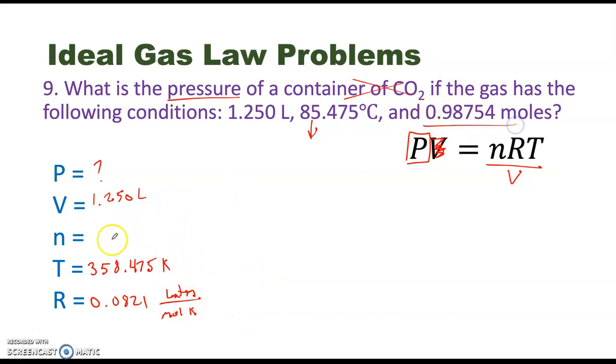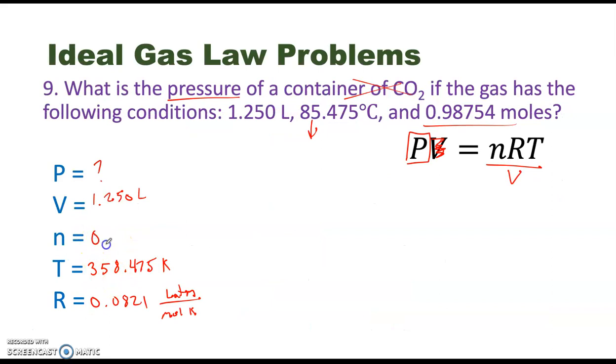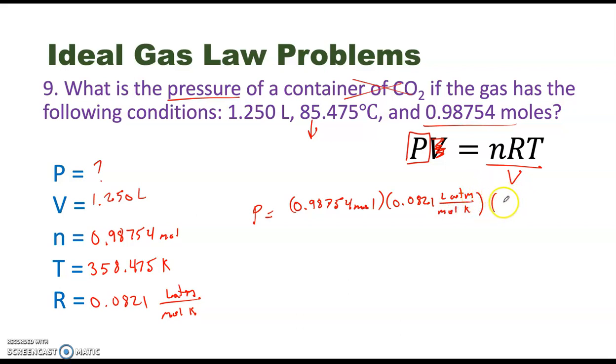Where's our moles? Okay, so here's our moles. Whoa, what just happened? I pushed a button. Okay. 0.98754 moles. So now we have everything we know, everything we don't know, and we can plug it into this equation. So pressure equals our moles, which is 0.98754 moles, times the R value, 0.0821 liters times atmospheres over moles times Kelvin, times my temperature in Kelvin,